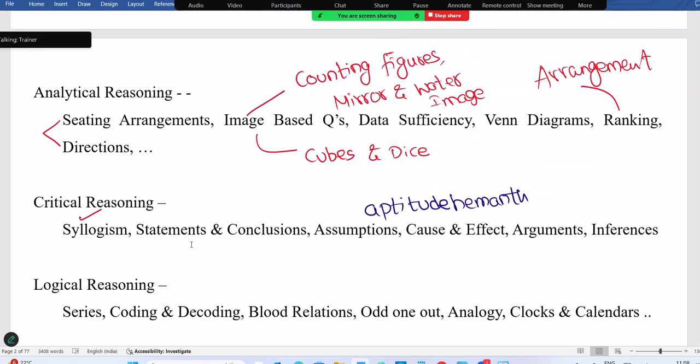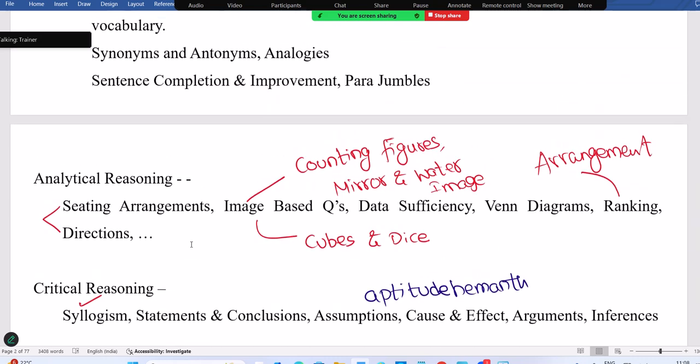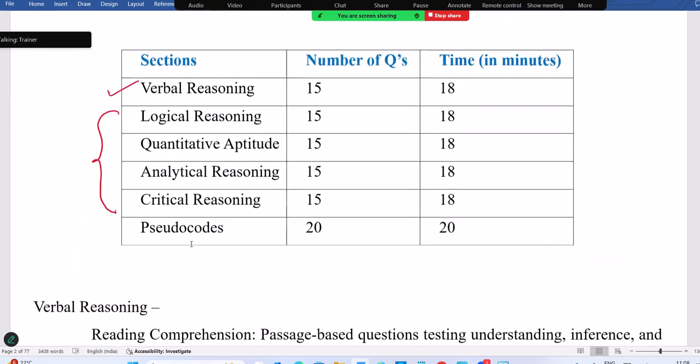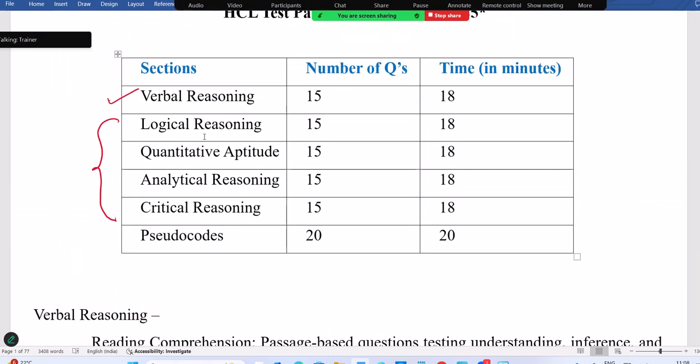Anyhow, everybody knows there are a vast number of topics in quant. Quant is separate so there is no confusion, but in the syllabus or the test pattern as they mentioned, with verbal reasoning we may think more of reasoning. Anyhow, if they give reasoning also in these three sections, maximum reasoning topics are covered, so nothing is left over. If they ask reasoning topics, well and good, or else if they ask English related questions, we should be thorough. We'll plan one session related to verbal as well. Right, so now let's see about